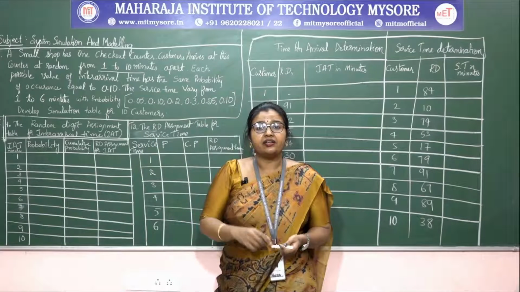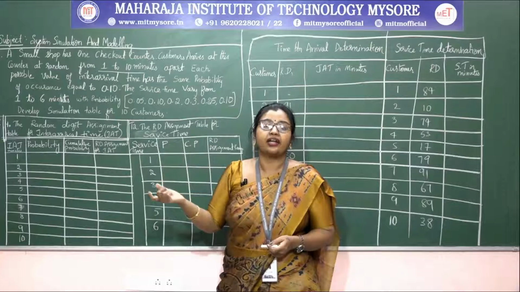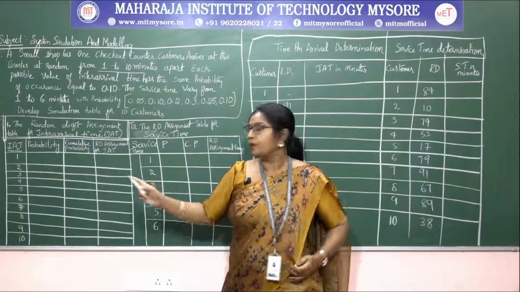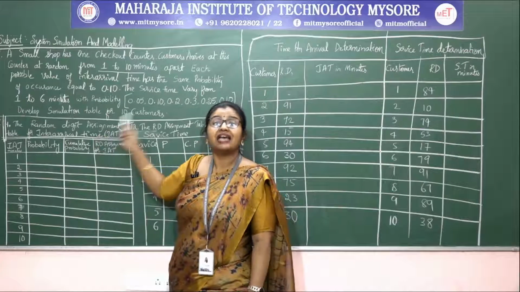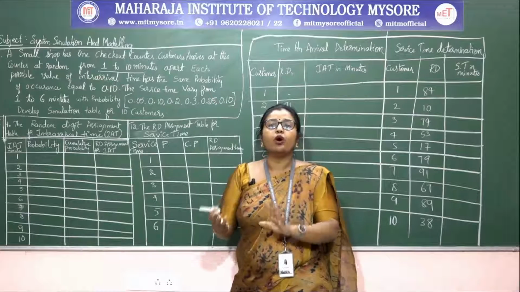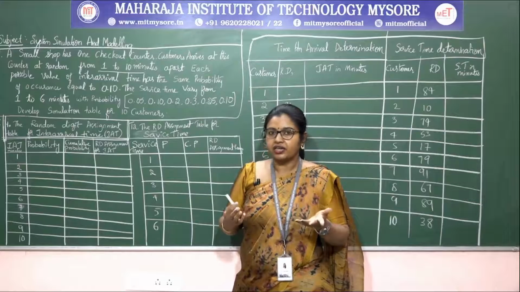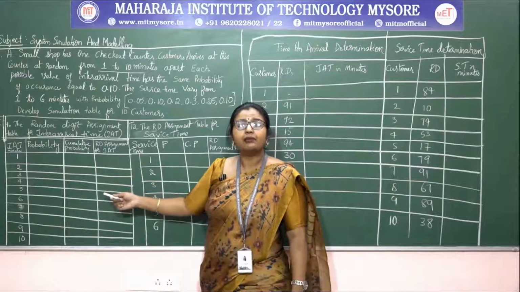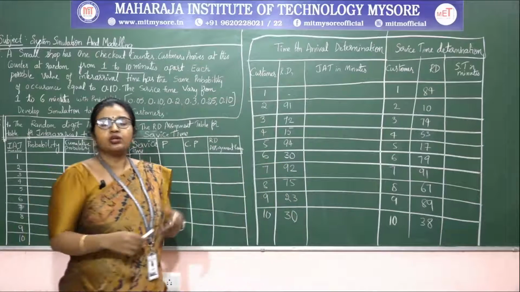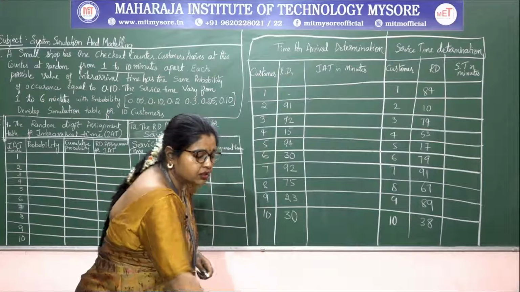So now we need to identify whether the first customer comes at what time, and the second customer comes at what time. So based on what? Some random number only we are generating. For that purpose we need to have a random digit assignment table. It will tell you the range, at what time to what time the customer is coming into the system. So based on the random digit only we are checking. For that we need to assign the random range for that particular timing. Okay, so how to do that? In the previous class we learned how to generate these tables, right? So let us start from the same thing.